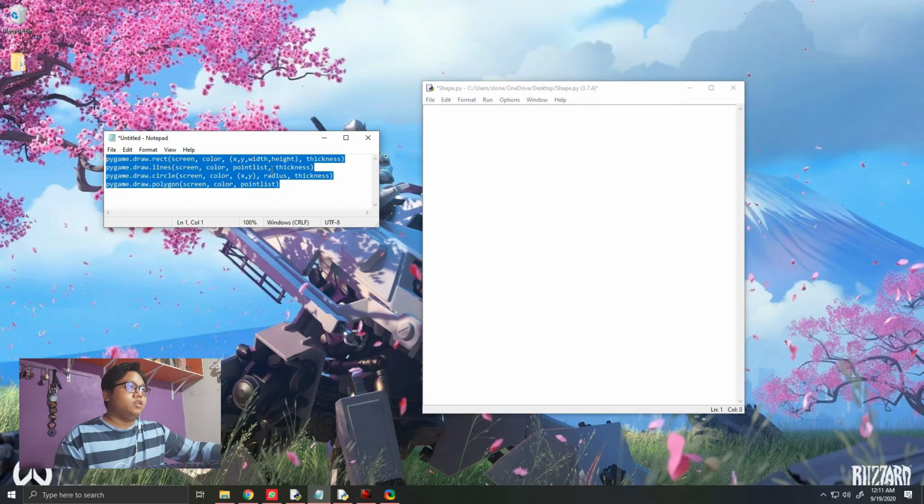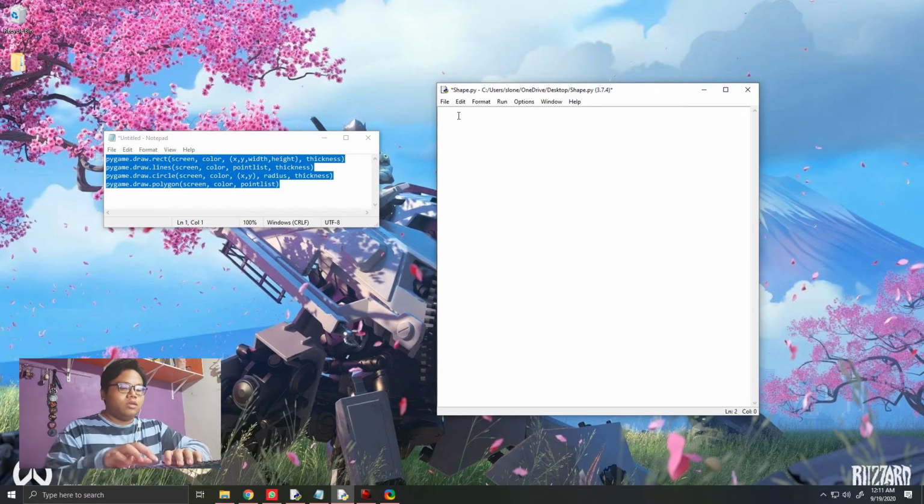So first, create a new file, a blank file, and we're going to start with the code import pygame, and then pygame.init(). So these two lines are very important to start our program. This is the first important thing, and then I'm going to code our window name, which I'm going to name the window shapes. So the code is